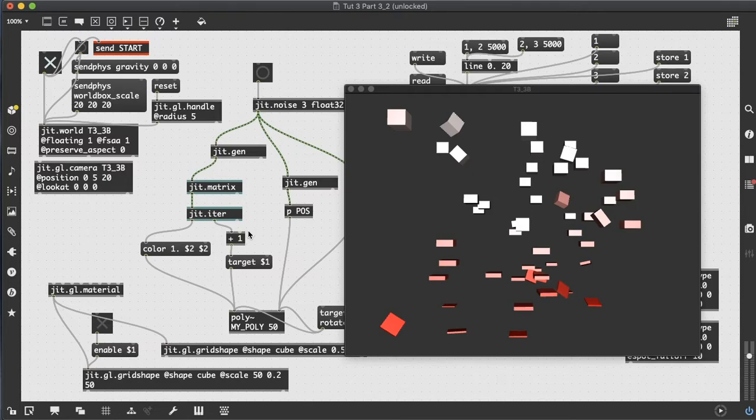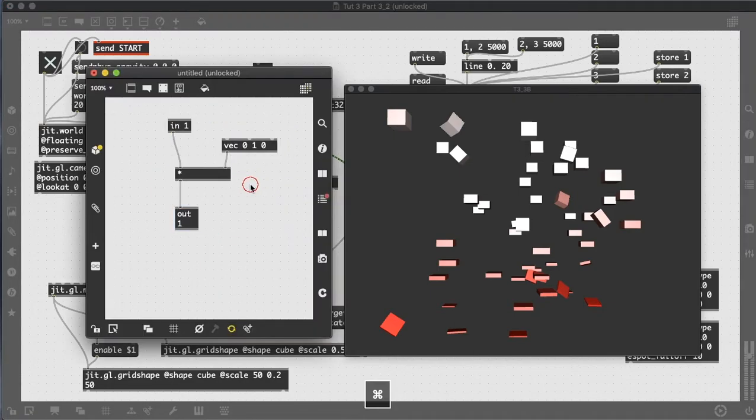within the jit.gen. There is one important addition, though, particularly when working with color. When you're coloring objects, you really are limited to a range of 0 to 1. So you might be tempted, for instance, to multiply your y value by 2. You can't really do that because that's going to give you illegal values. That's going to give you values greater than 1. Similarly, you might be tempted to bias by a negative number. For instance, adding negative 0.5 from the red, and you can't do that because it's going to give you negative